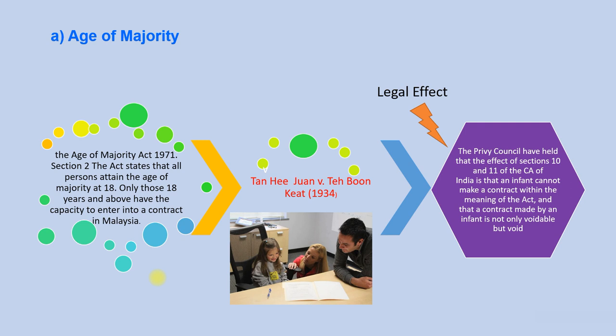This is as decided in the case of Tan Hee Juan versus Teh Boon Kit in 1934, where the Privy Council held that the effect of Sections 10 and 11 of the Contract Act of India is that an infant cannot make a contract within the meaning of the Act, and that a contract made by an infant is not only voidable but void. In this case, the Privy Council is a bench of English judges,